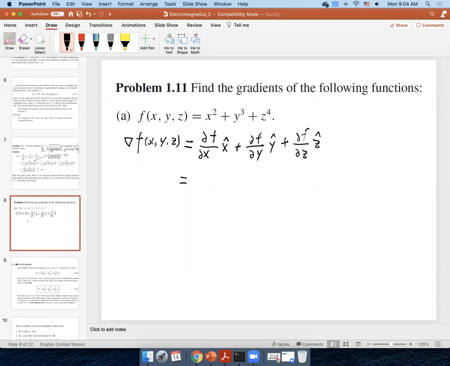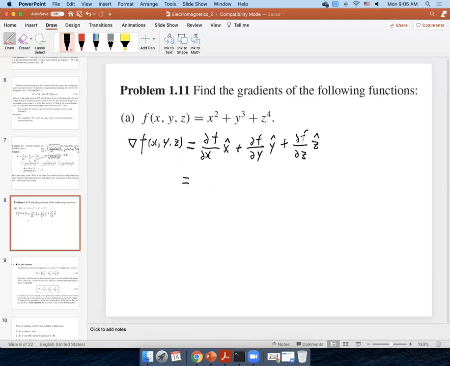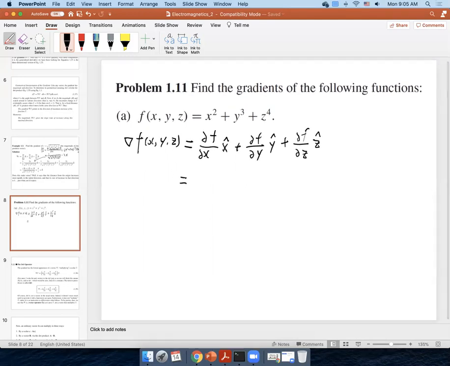So partial f partial x, what's that? f is a sum of x squared plus y cubed plus z to the 4th. Y and z are independent from x, so when you do partial f partial x, you can consider y cubed as a constant. Similarly the z term is a constant with respect to x. So for partial f partial x, you will get 2x